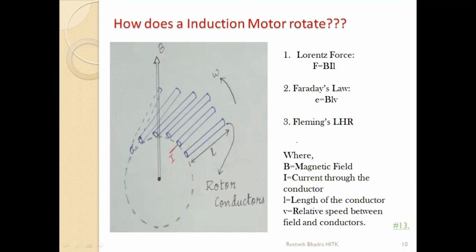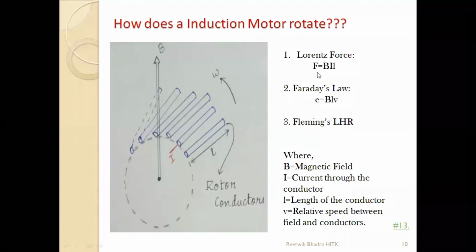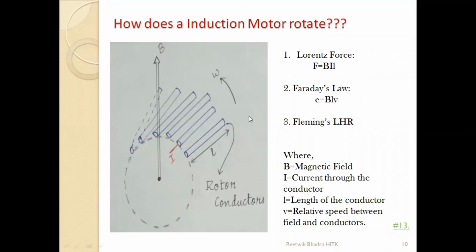In that magnetic field my rotor conductors are placed. No supply is given to the rotor. So whatever the rotating magnetic field is, it is generated only in the stator, and there will be a relative velocity between the magnetic field and the rotor conductors, and that's why an EMF will be generated. Since this path is short circuit, a current will flow, and if a current flows, force will act upon the conductor, therefore it will start rotating.